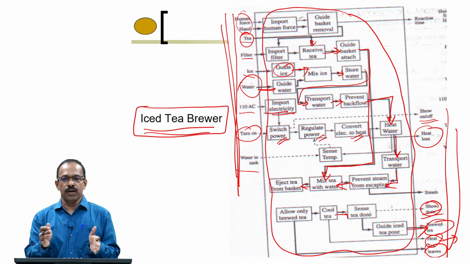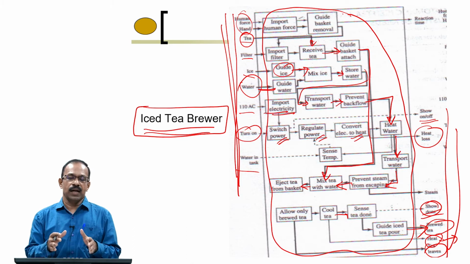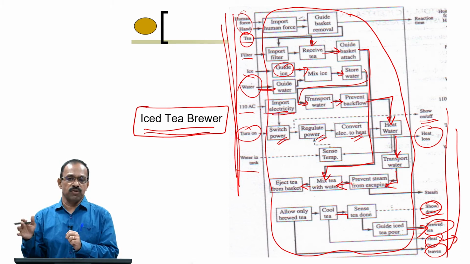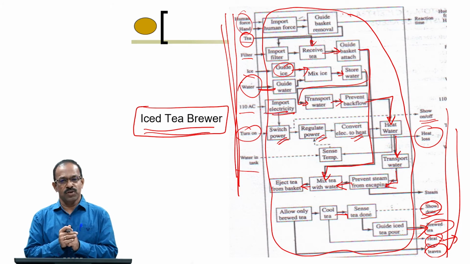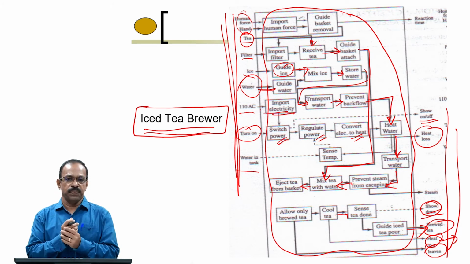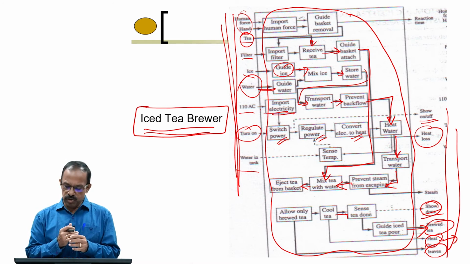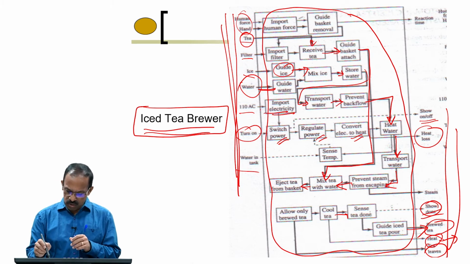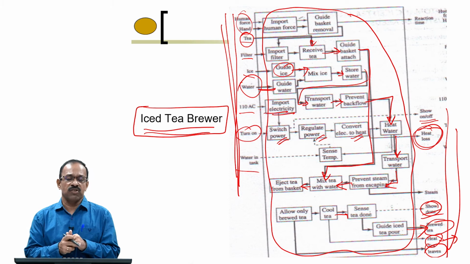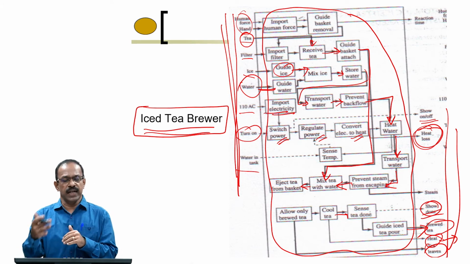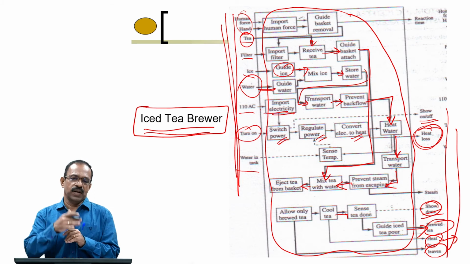The final objective is to see that all the functions are there in the product to get the outputs. If any particular function is not there, that will reflect on the output. For example, if you want to ensure that the outside cover is not getting heated up, that the machine should not get heated up, that may be a customer requirement. Then you need to see there is water heating and a heat loss. So, we need to see how this heat loss goes into the surface and then gets lost. Is there a way to absorb the heat or cool the air and take it out, so that we can reduce the heating of the outside cover?